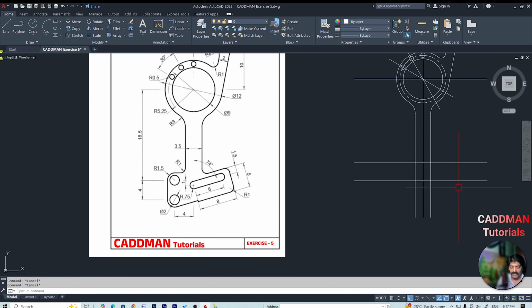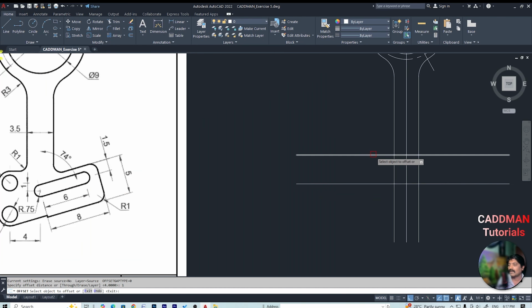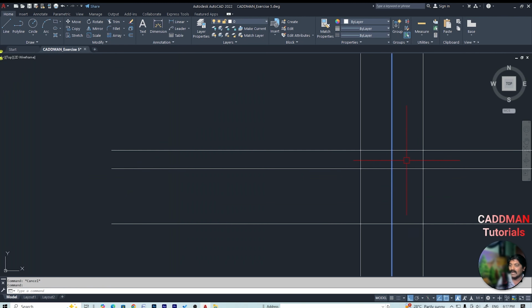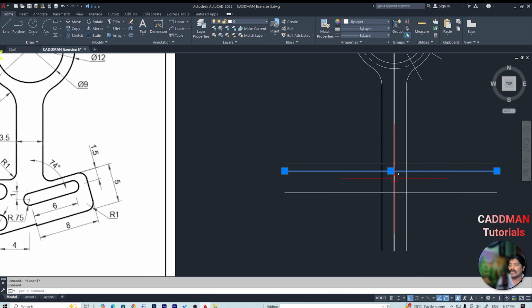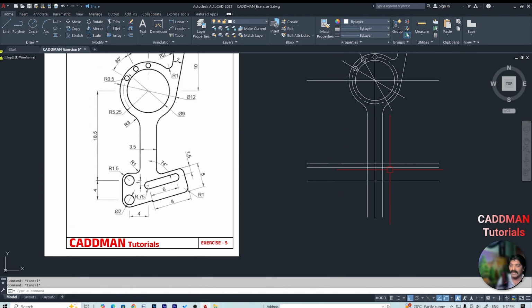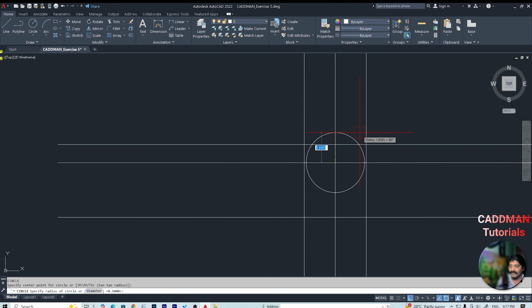So offset 1, enter, and the center line and this line, the intersection of these two is the slot, this radius 0.75. So I say circle radius 0.75,